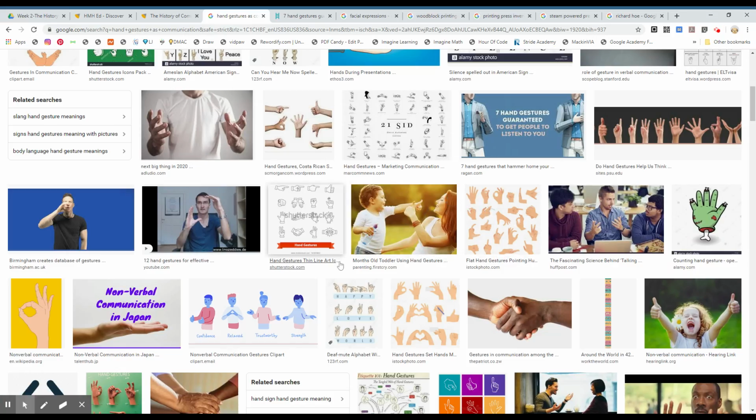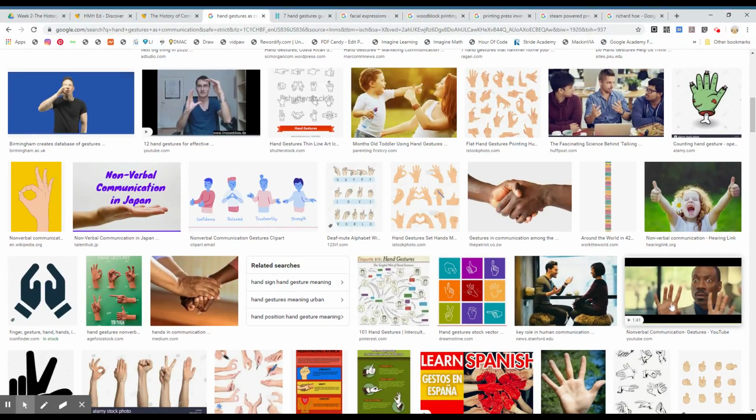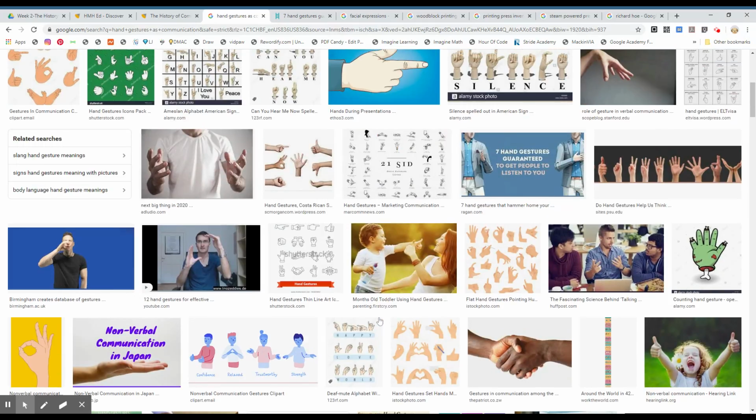Hand gestures. Here we have several. This hand gesture right here is very happy. Thumbs up. Another thumbs up, everything's okay. This hand gesture means you want to drink, you want some water. This hand gesture says hello, nice to meet you, respect. This hand gesture, boys and girls, is like, well, hold up, wait, right? So in this hand gesture, we're in it together, we're a team. And there are so many hand gestures, boys and girls, that mean something.